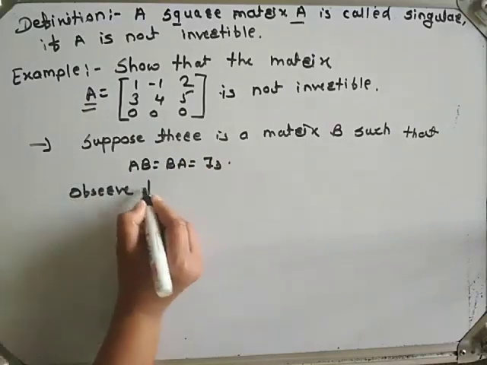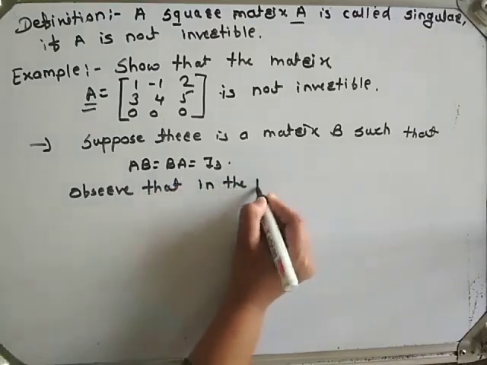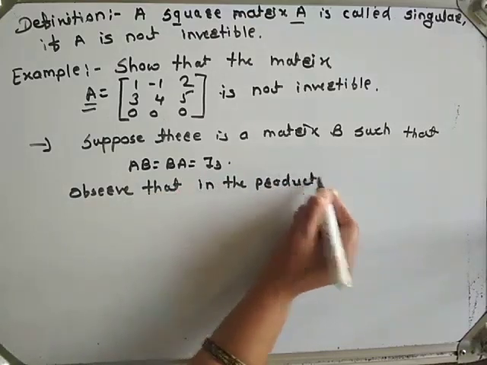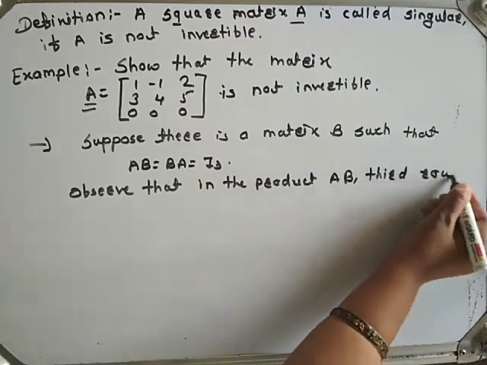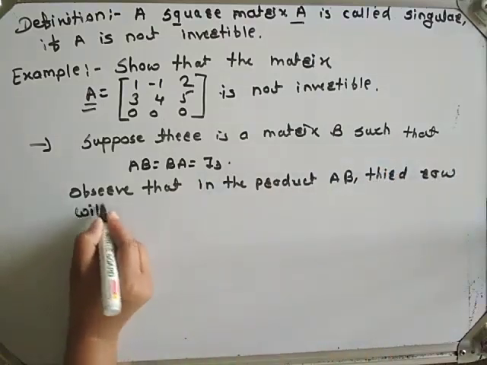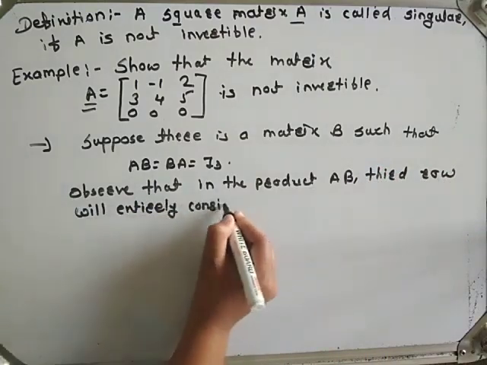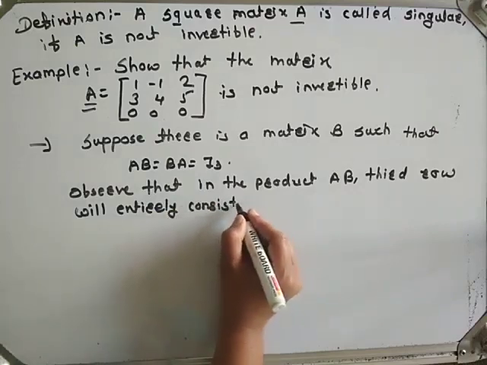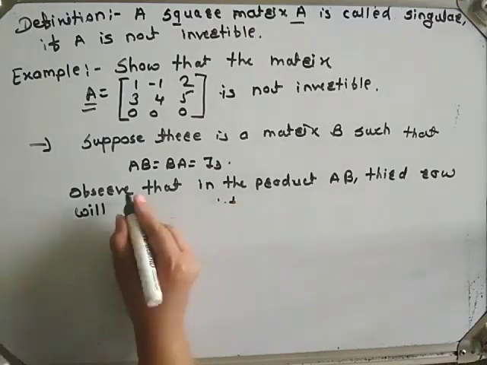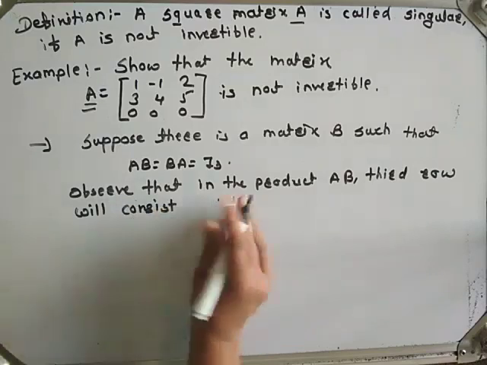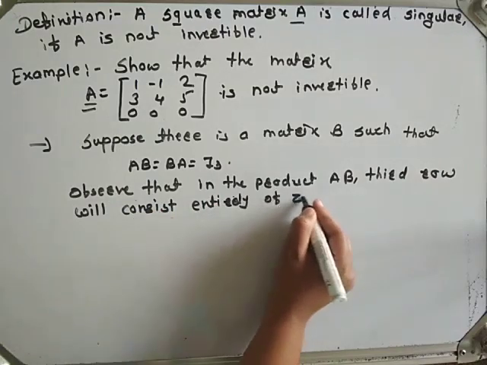Observe that in the product A into B, the third row will consist entirely of 0,